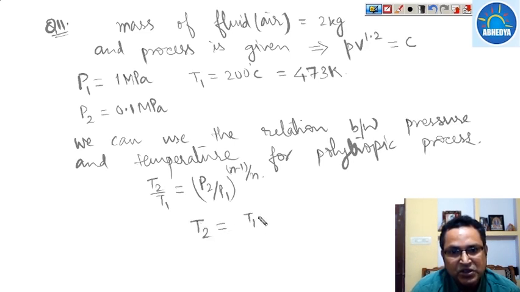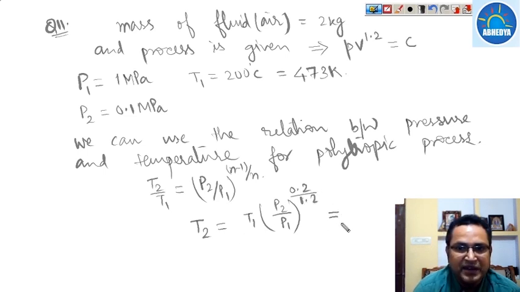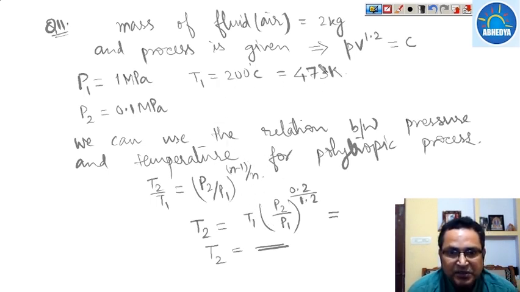So final temperature comes to be T1 times P2 upon P1 to the power (n minus 1) upon n. What is the value of n? It is 1.2, so that comes to be 0.2 upon 1.2. So by this we can find out the value of final temperature. So you just put the values and get the final temperature. So this we can easily find out. So final temperature is now known to us. The initial temperature is given as 473, and